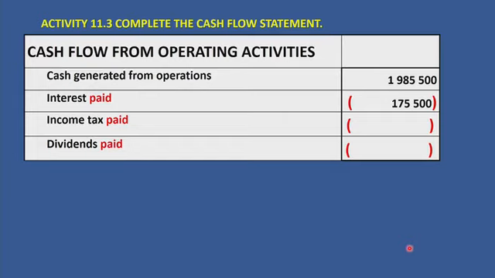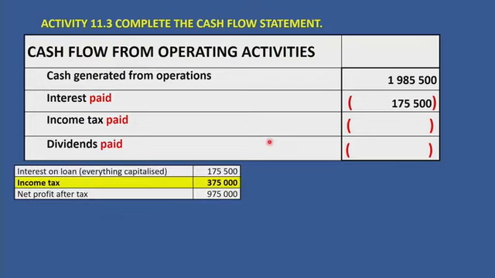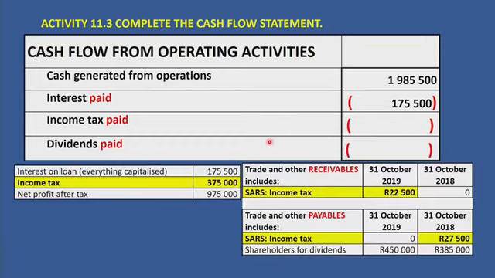Okay, we are on operating activities, 11.3, which is the top block, the first of 3 blocks of the cash flow. There's a reason why I put paid, paid, paid in red and why the brackets are there. When you pay, cash flows out. Let's go over this. I've shown you from the income statement info, in yellow, tax. And then, of course, from receivables and or payables, SARS income tax. Which order do we do this? You start with last year. If it's a payable, we need to pay it. There's your minus